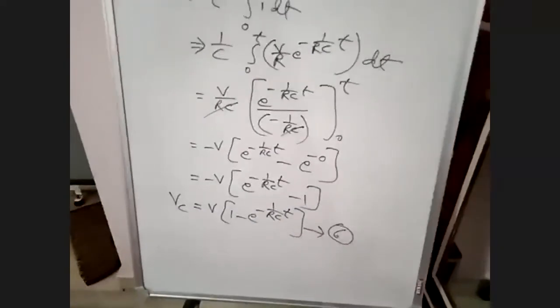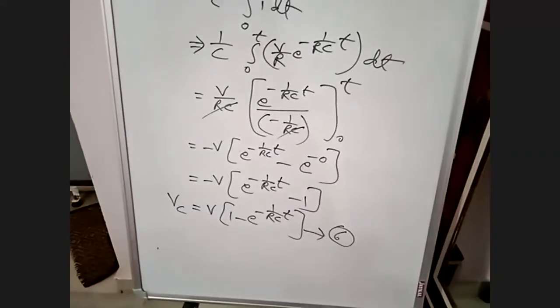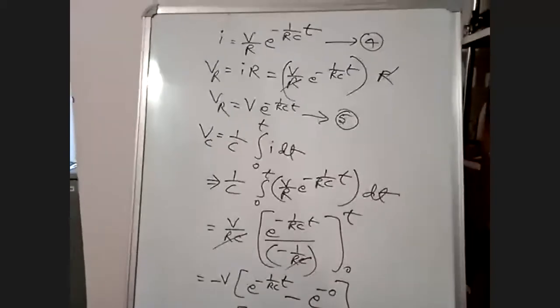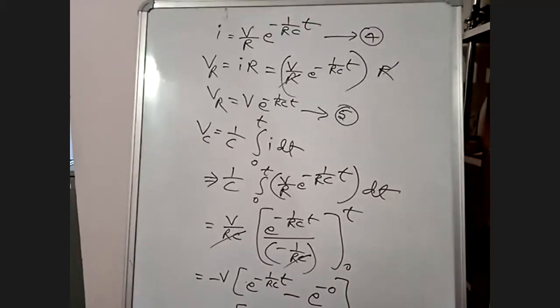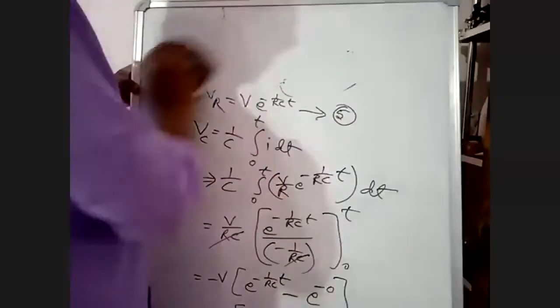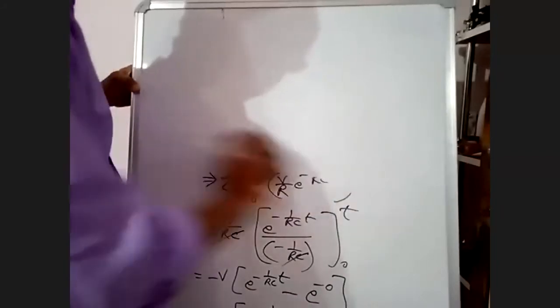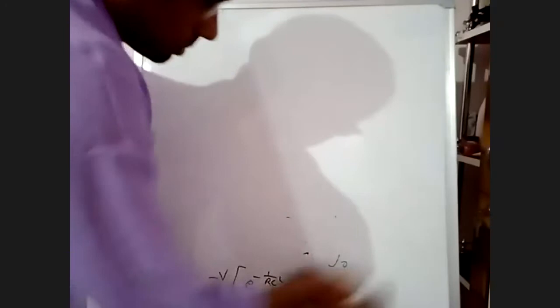Sometimes in problems they'll give R value, C value, V value. They'll ask to determine VC. What is the time constant of RC circuit? RC. In exam, sometimes they'll ask for 2 marks. They'll give R value and C value. Calculate the time constant of RC circuit. Then you know the formula tau is equal to R into C.